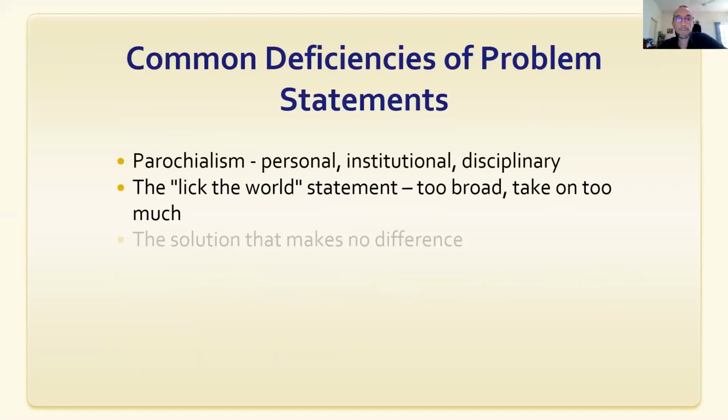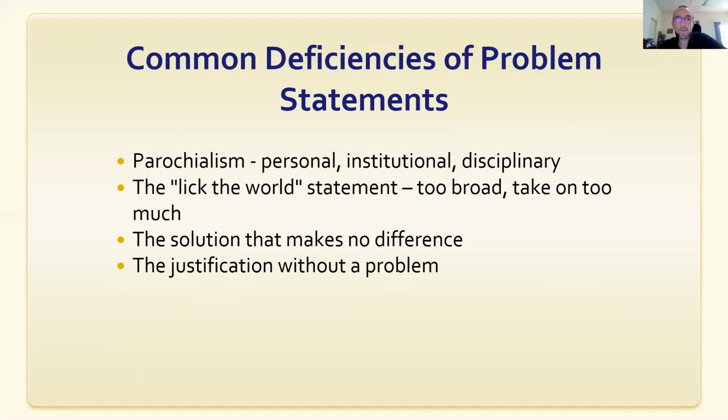Okay. All right. So parochialism: the problem is too personal, too institutional, too disparate. So this is the overly narrow problem. And again, I haven't seen too many of these. Some students like to make their problem statements very personal. It's usually not a good idea to talk about personal issues or the individual in the problem statement, unless you're doing something like an autoethnographic study or a certain type of research design that really focuses on the researcher. In that case, it's acceptable. But in most studies, it's not really appropriate to talk about oneself in the problem statement.